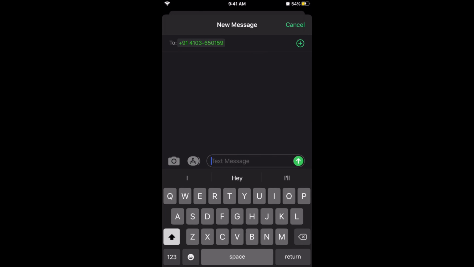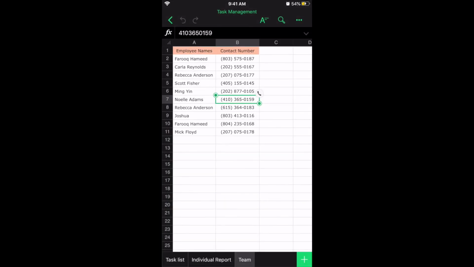So that will open the text message application in my mobile device. So this way you can contact your clients or your teammates directly from your spreadsheet without having to copy paste values from your spreadsheet to your contact list. So this makes it easier for you to work with number formats in your spreadsheet. So note that these contextual icons will appear only on your mobile application and not in the web application. So similarly, if you have zip codes in your spreadsheet, Zoho Sheet will allow you to open up the map application in your mobile device to locate that particular zip code.